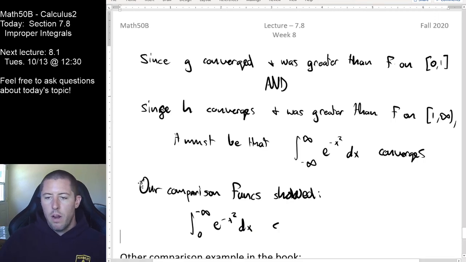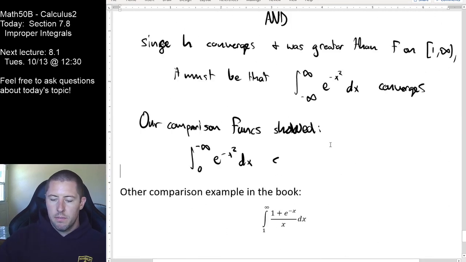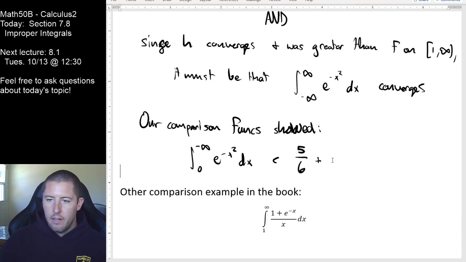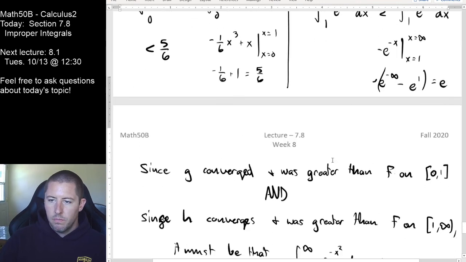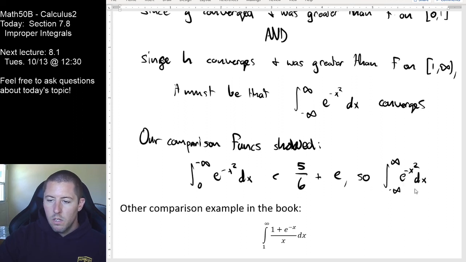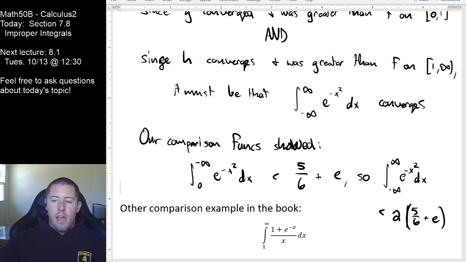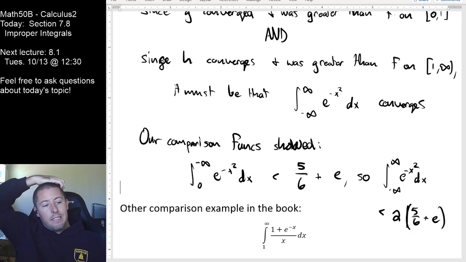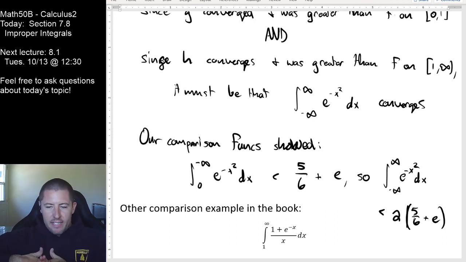We got 5/6 for our 0 to 1 piece. And for our remaining piece, didn't we just get e? So I at least know, based on the comparisons that I made, that the overall total value of this integral is guaranteed to be no bigger than 2 copies, that's our symmetry part, of 5/6 plus e right there, because